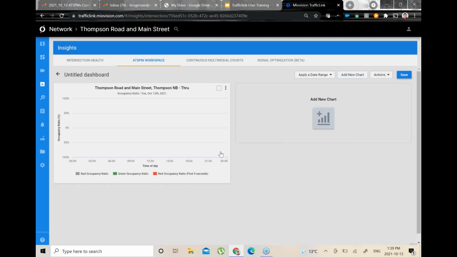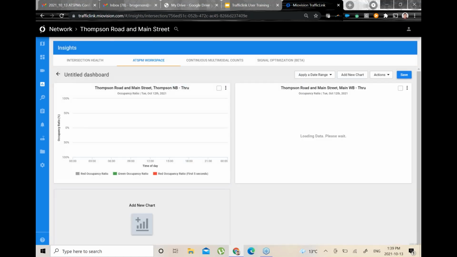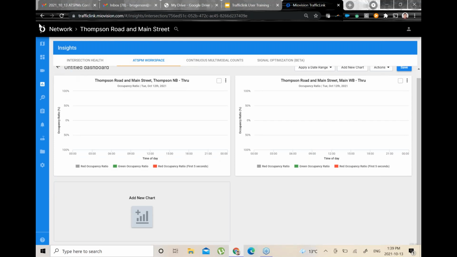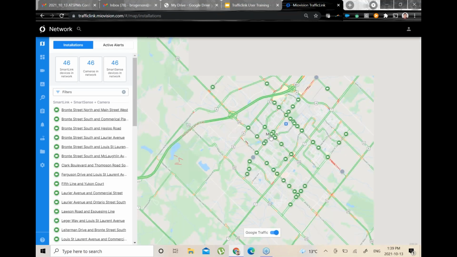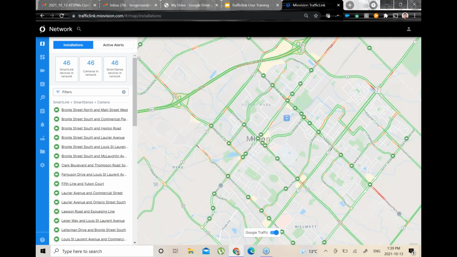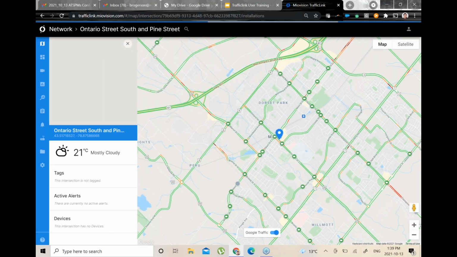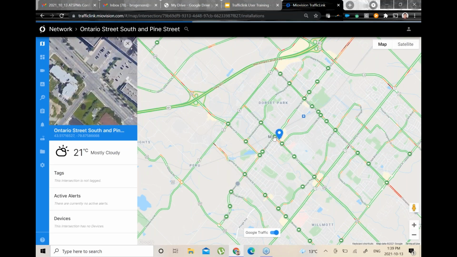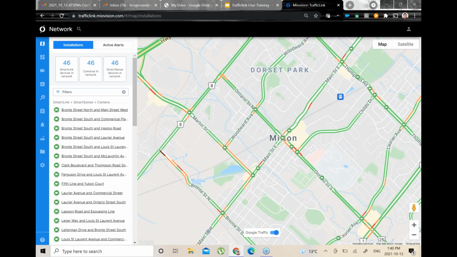Maybe I picked an intersection that won't have any fun data. Of course. And go back to a different intersection. Oh, I picked the wrong one, that's why. And we'll load up. Just gonna grab this.